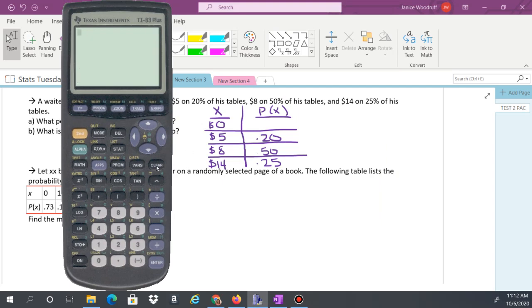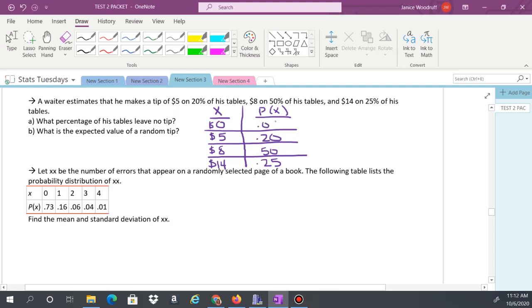That's going to be 0.95. So the rest, 1 minus 0.95, is 0.05. So the probability is 0.05. The question wants it as a percentage, so you would say that 5% leave no tip. Okay, the probability is 0.05, but if it asks for a percentage, you would then convert it